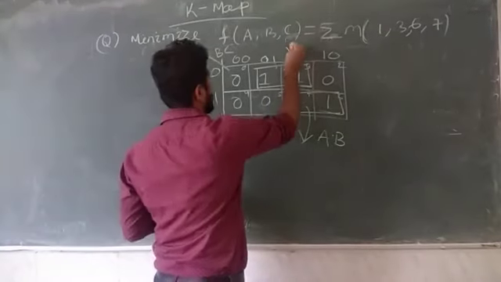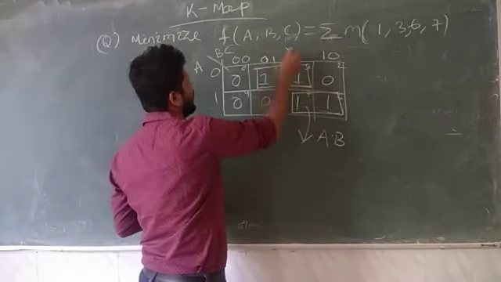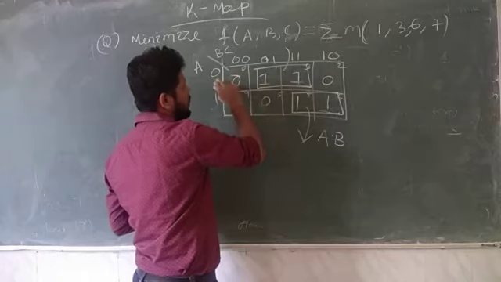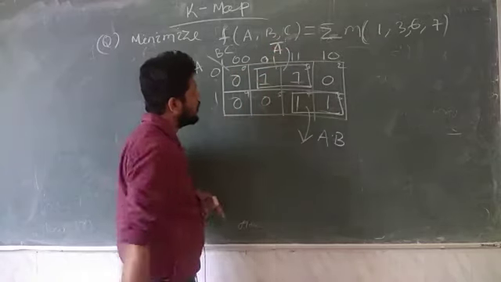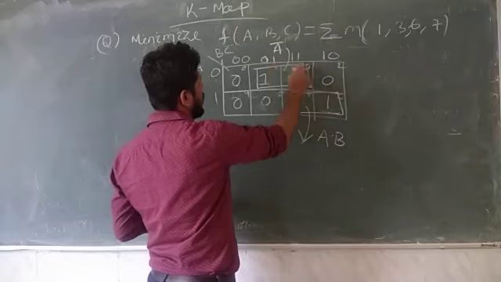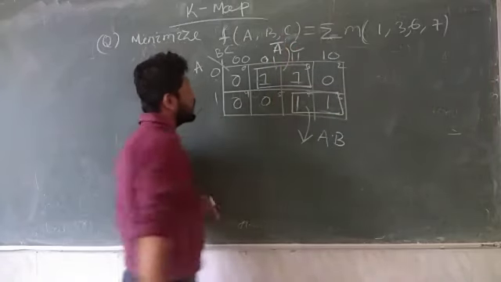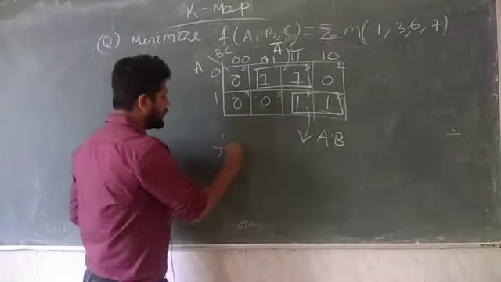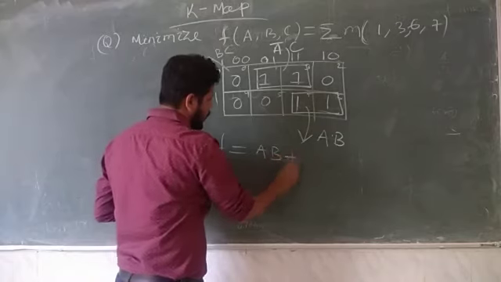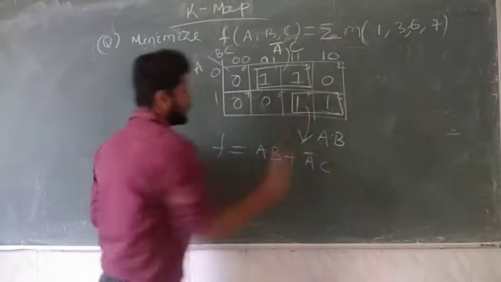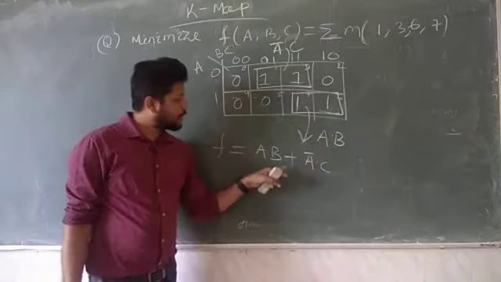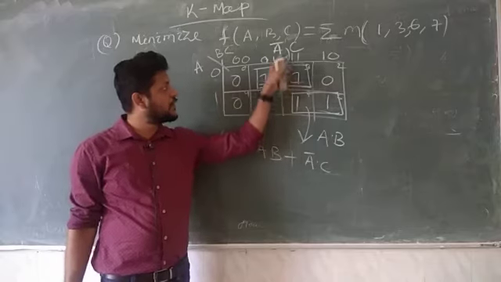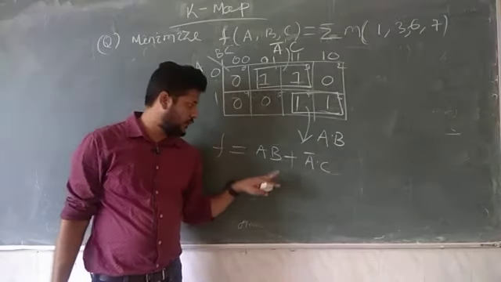Similarly, you can write here this is A, so A is 0. For these two variables, for this combination, A is constant, that is 0, so this is A bar, and we have BC, that is 0 1 1 1, so C is constant here, that is C, so A bar C. So finally this F is AB or A bar C. First you need to write the individual cells, after that you need to add them: because this cell is AB, this cell is A bar C, you combine that result, AB or A bar C.